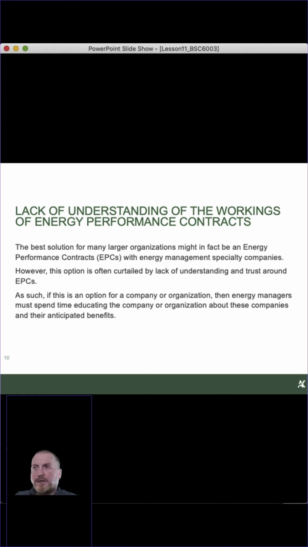Another major barrier is the lack of understanding of energy performance contracts. You know, sometimes the best solution for many large organizations is, in fact, to work with an energy performance contract and with these specialty companies. But typically they will work with these companies by having an energy manager within their own organization that works with them directly, working with the energy performance contract company, okay? And so you need to be able to understand those companies, understand how they work, understand their business cases, making sure your accounting and finance people understand the way these